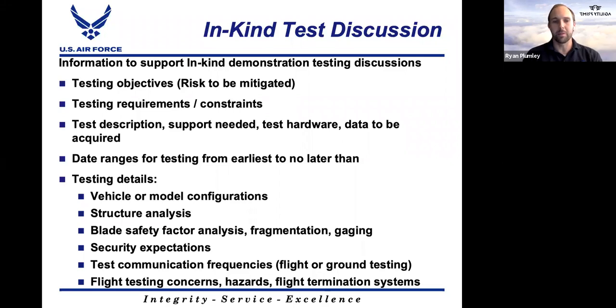analysis, I think that for flight that goes more to airworthiness, but also when things like wind tunnel testing, that's going to be important. Many of these have props or rotors, so I think blade safety factor will be pretty important. Particularly, a lot of these facilities are trying to keep those facilities safe, so looking at any issues such as fragmentation, and a lot of times that equates to needing to strain gauge the blades in order to make sure that they have some gauge of life or what kind of issues they're seeing, and can save the facility basically if